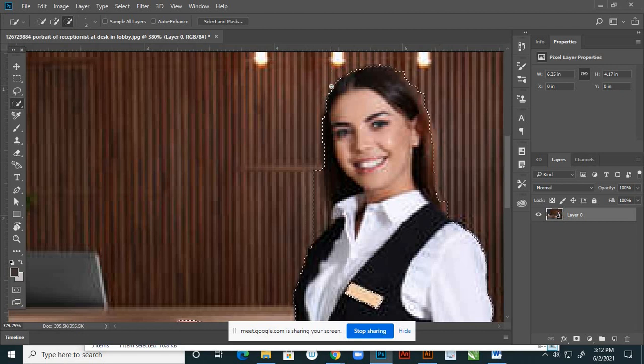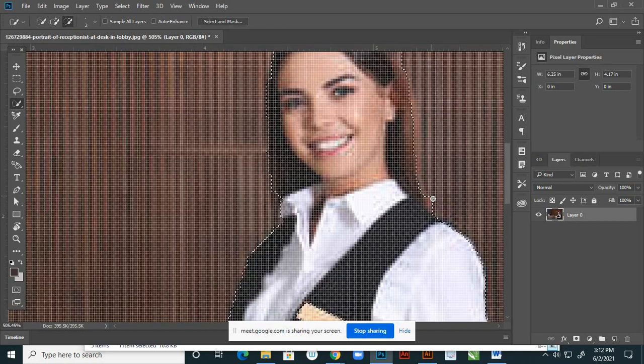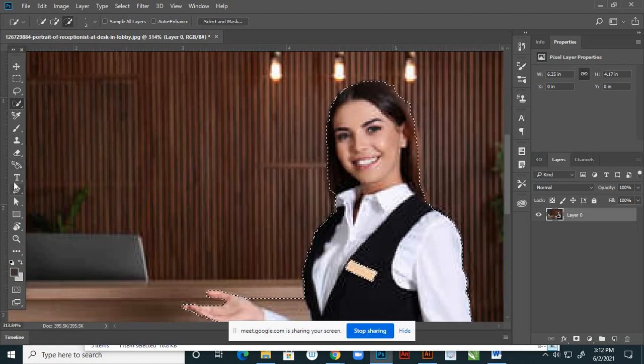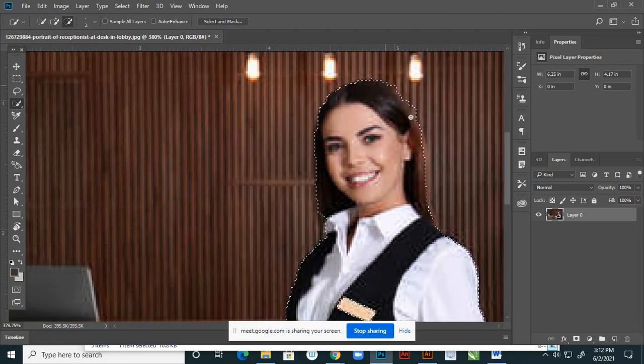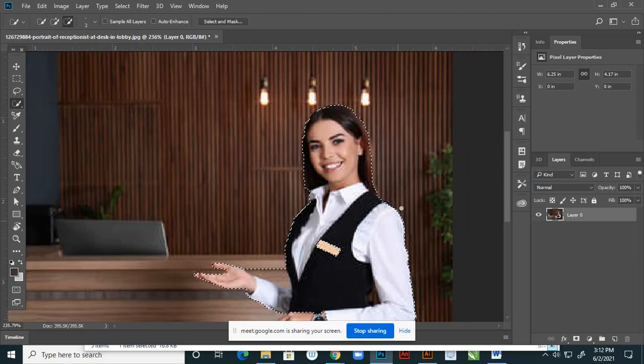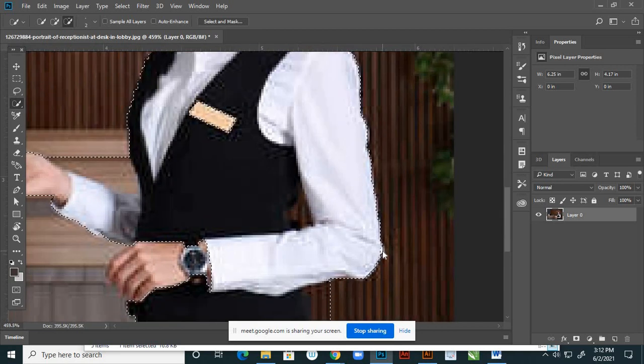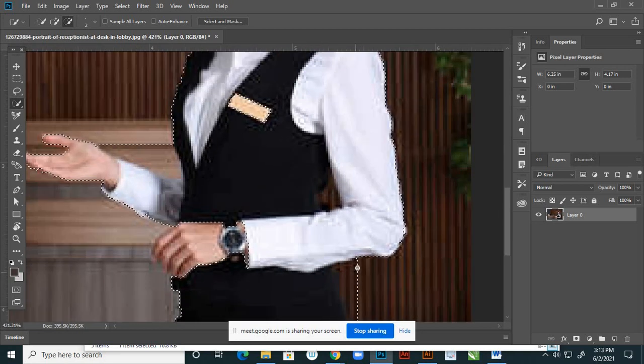See, I told you, if you want to cut the image clearly, properly, perfectly, you have to use that pen tool. So pen tool along with your model outline, you can give pen outlines, and then you can convert them into selection. Actually that is the professional way, but here I'm not using that. It takes time, right? I already explained how to do that. So for serious works, for production works, you must use that.